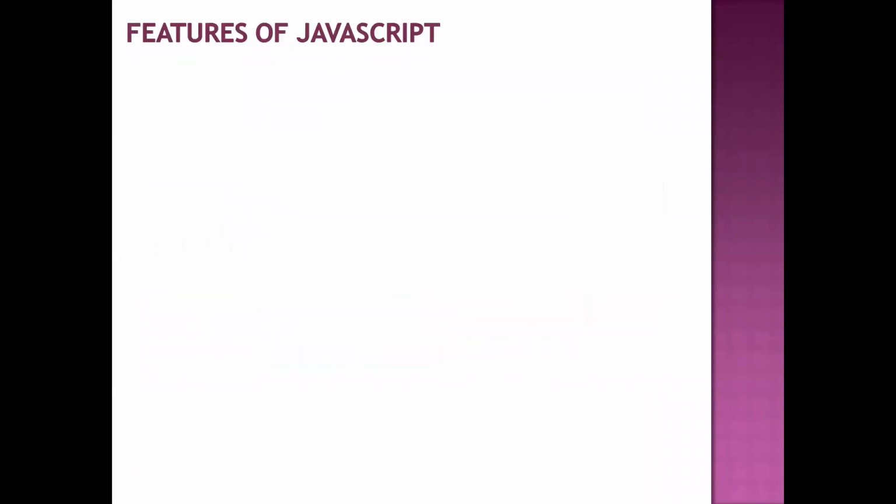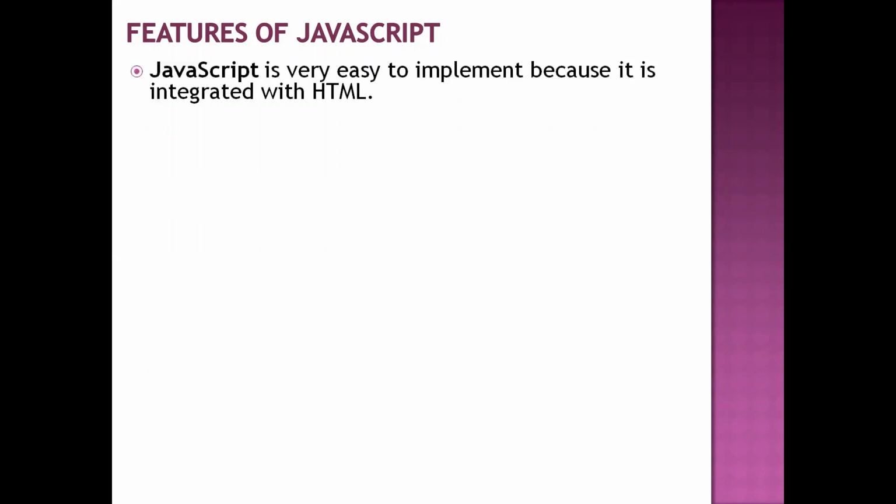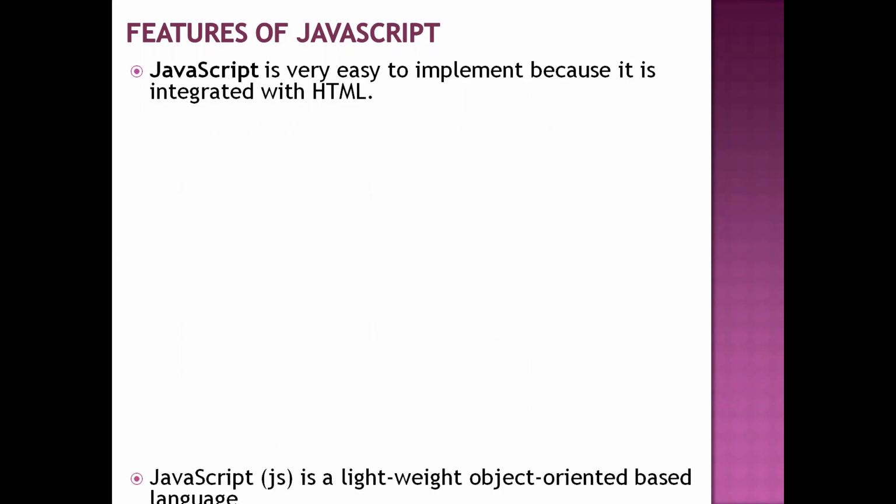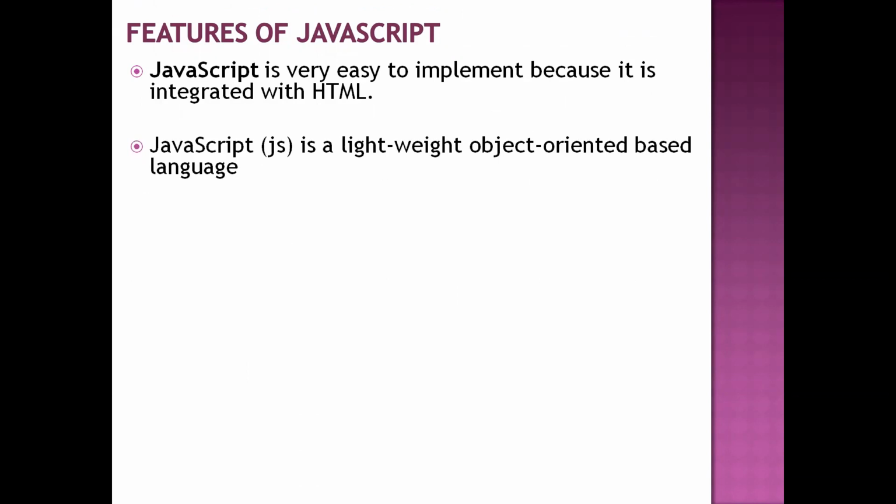So now coming to the features of JavaScript. This JavaScript language is very easy to implement because it is integrated with the HTML language. So always we will write the JavaScript code inside the HTML page. This JavaScript is a lightweight and object-based programming language. Unlike C, C++ and Java, this language doesn't have that many strict rules for writing the program. And it also supports some of the object-oriented concepts like inheritance and classes. That is the reason why we are not completely calling it an object-oriented language, but it is called